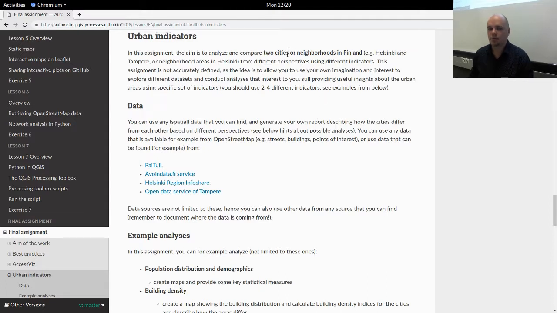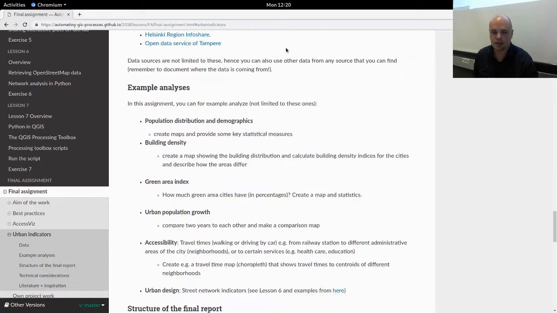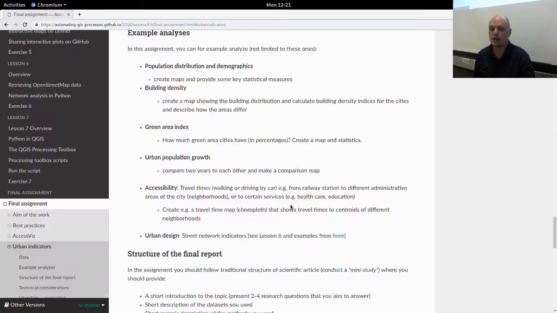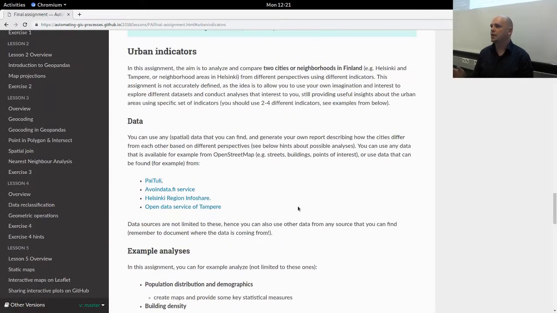You can, for example, take 2 cities in Finland, such as Helsinki and Tampere, and compare those to each other using different urban indicators, such as information about population distribution and demographics, and how those cities differ from those perspectives. What is the building density, for example, the green area index, urban population growth, accessibility, or urban design. These are just examples. You can use whatever indicators you find interesting, but the idea is to